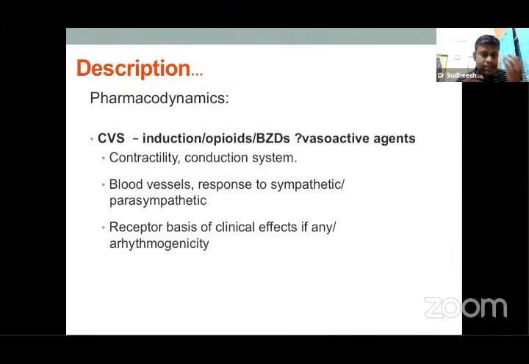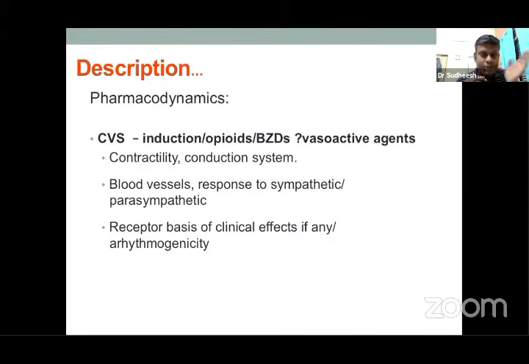So if you remember that way, when you read about, for example, propofol, you just think about what its effect on the myocardium is, whether it causes myocardial depression or not. If yes, yes. If no, no. So that way, if you can put a plus or minus for everything, you will remember the drug better.